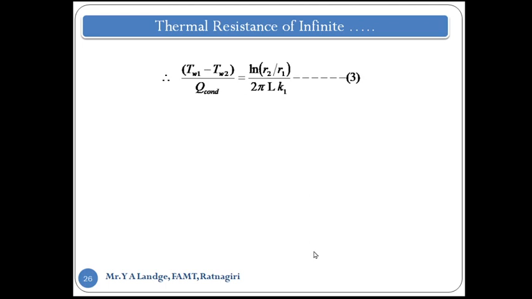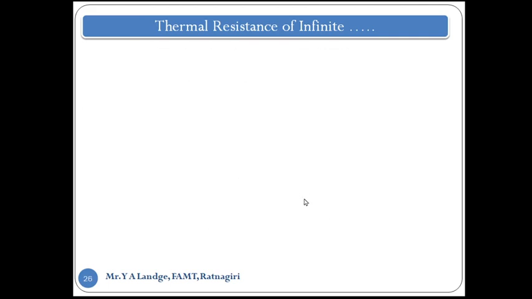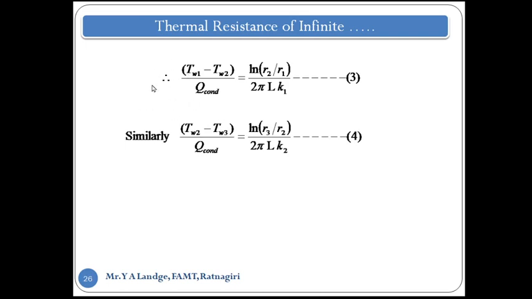If you look at the third equation, I rearrange this particular equation as Tw1 minus Tw2, in terms of the temperature, the heat transfer rate, the radius and the conductivity. This is the equation, just modified a little with a bit of readjustment, written in terms of the temperature. Similarly, for the second material, I write (Tw2 minus Tw3) upon Q conduction equals ln of R3 by R2 upon 2 pi L K2. If you have not understood how this comes about, let's look at the picture, and from that you can easily understand where it comes from.